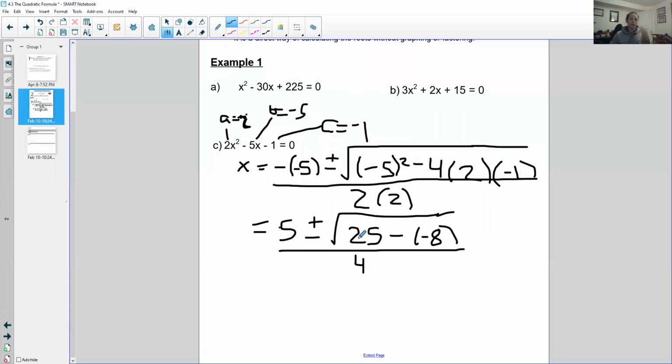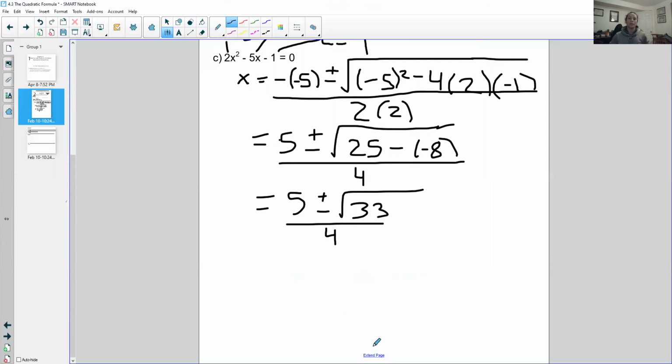Okay, we're going to keep using BEDMAS to simplify. I still have to simplify under my root sign. So this is going to be 5 plus or minus the square root of 25. Now remember, this is plus 8. So 25 plus 8 is 33, all over 4. We're going to get a couple decimals. That's fine. Deal with the decimals. There we go. We should get about 5.7. You can keep a few decimals in there if you like. For now, just for the example, I'm going to cut it down to 1. So this is going to be 5 plus or minus 5.7